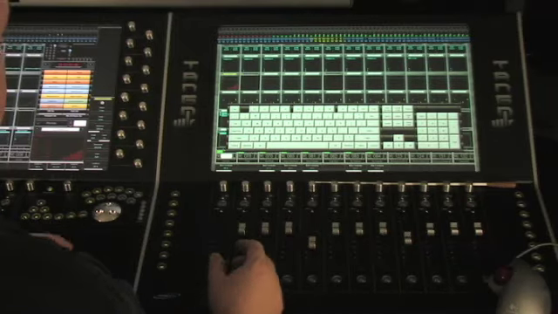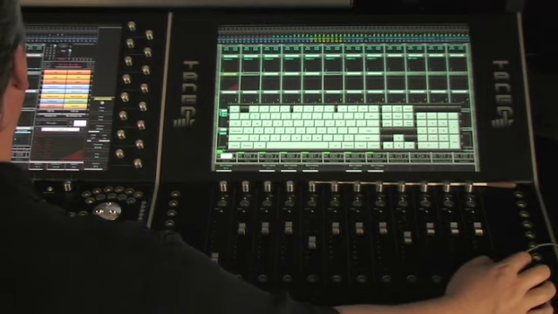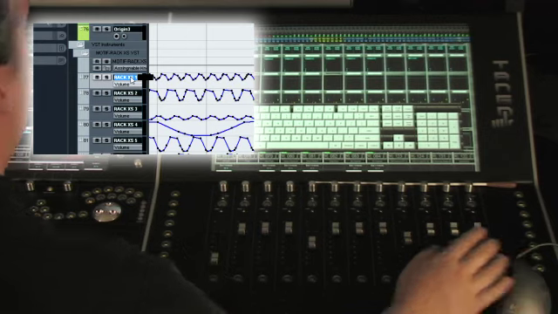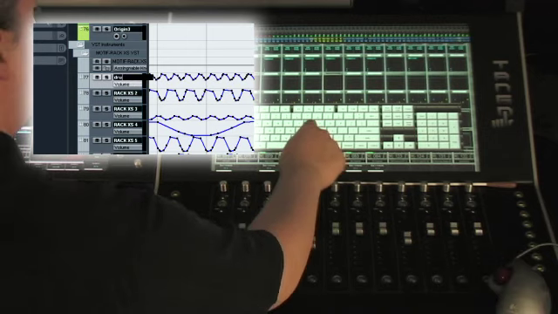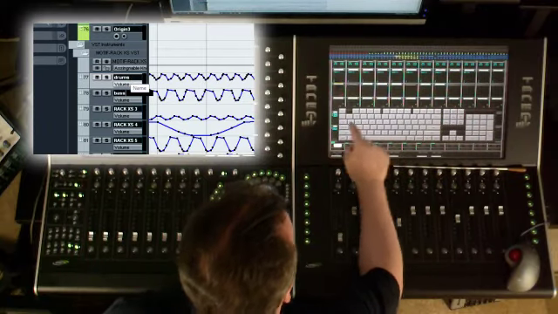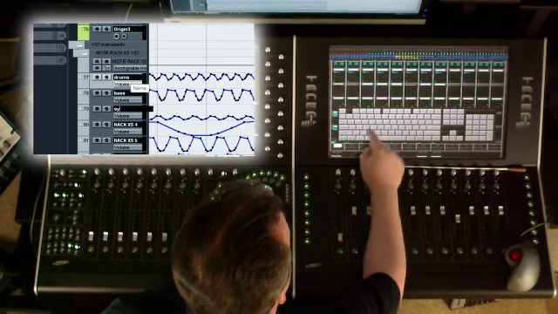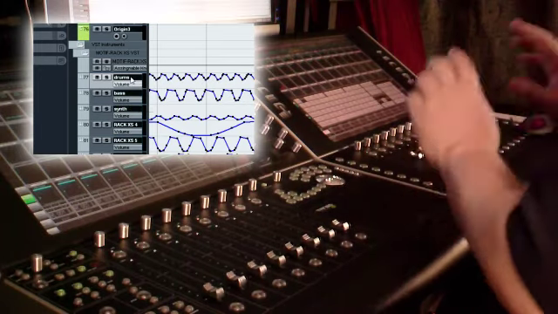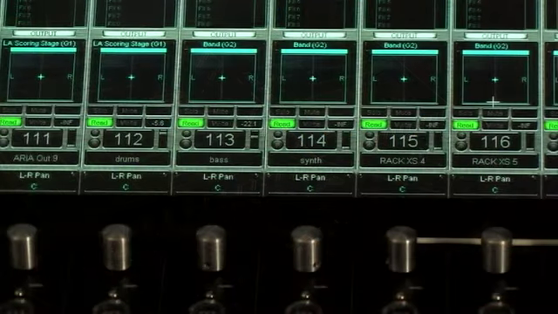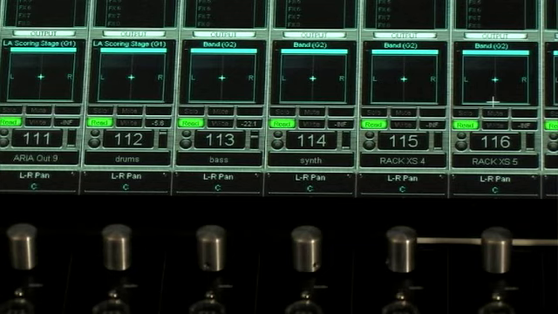In the keyboard you can actually go through the process of using your mouse to highlight the name of a particular output track. In this particular case I'll go to rack access 1 and I'm just going to type in drums, and I'm going to hit tab, and I'm going to type in bass and tab down, and then I'm going to put in synth, and then I'm going to hit enter. And those are my three outputs, and the reason why I did that is so that I don't see rack access 1, rack access 2, rack access 3 when I actually go and select those individual tracks. I now have drums, bass, and synth named for those three tracks that actually show me exactly what's on those